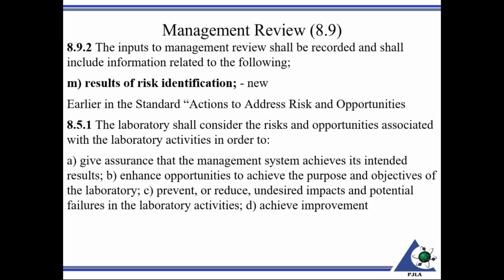Here, in addition, when the standard was revised, risk identification. That was new when the standard was revised. So section 8.5 is the section on risk and opportunity. So you can see here the shall. We have a section 8.5 in regards to risk and opportunities, and you see the very first clause under section 8.5. So you want to go back and look at what you've done to comply with this section.